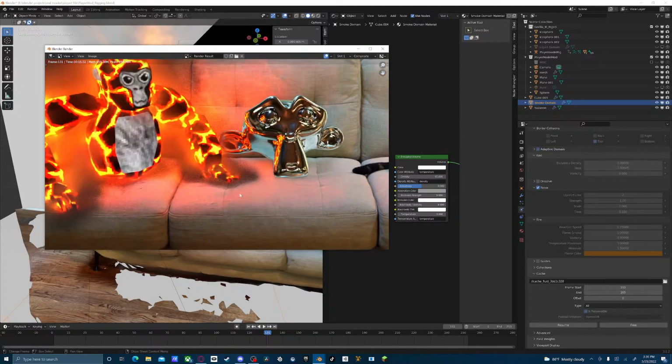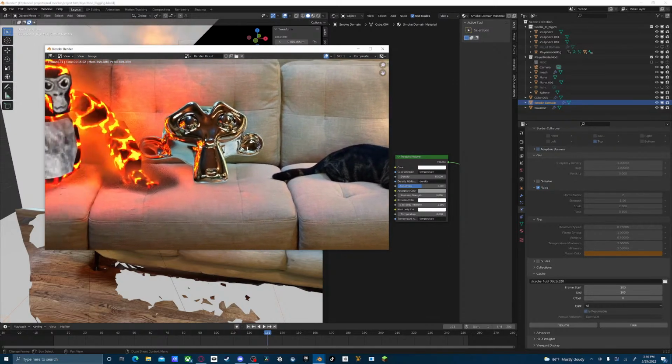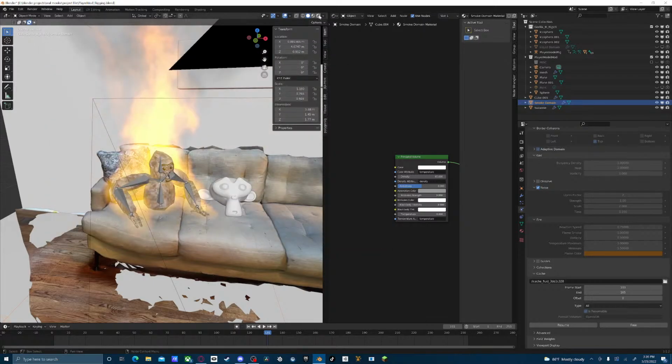So see the lights hitting the couch. And then I also use a 360 camera, so you see the reflection of the lava monkey. You can also see the reflection of the cat and the couch and everything else, just to get good lighting, you know? And it's an animated HDRI, so